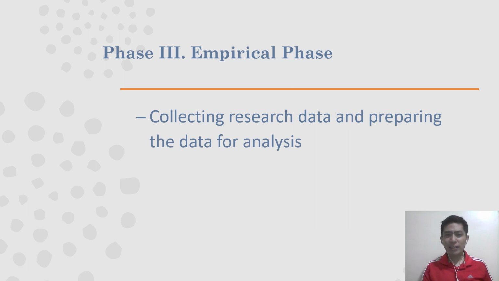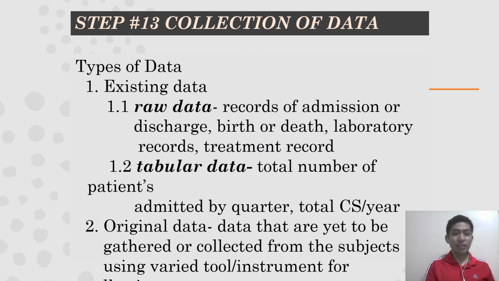The empirical phase is more on how we collect data and prepare the data analysis. We have different types of data. We have the raw data and we have the tabular data. The raw data implies records of admission or discharge, birth or death, laboratory records, and treatment records. And you have the tabular data, the total number of patients admitted quarterly, total number of cesarean section per